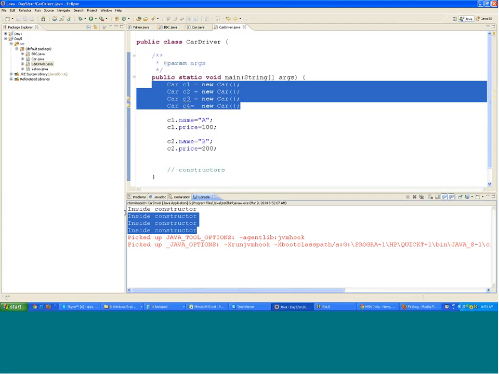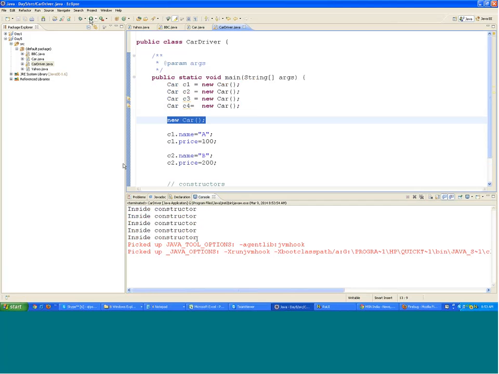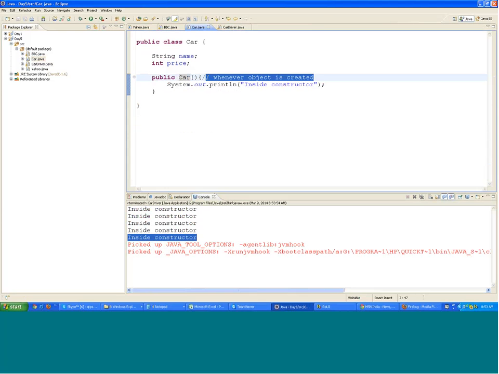See, when I run this program, inside constructor is printed 4 times. Because whenever I create the object, even if I just write like this, I don't give it a reference, new car, this will also call the constructor. So this constructor is called whenever you are creating the object. So we can make a new constructor over here which takes in 2 variables, string n and int p,